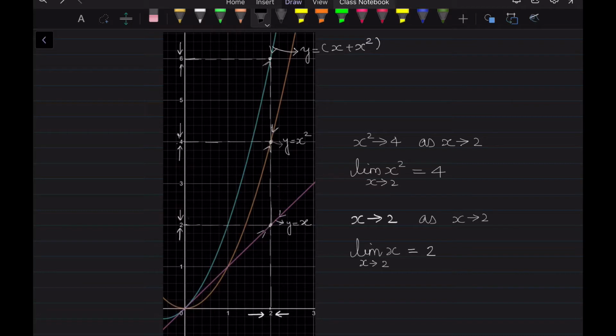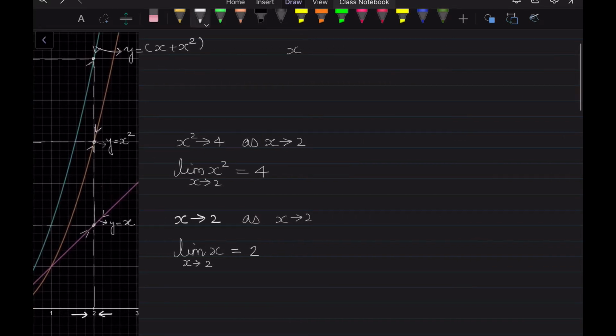Now let's see the limit of the function x plus x square as x approaches 2. So as x approaches 2, the values of this function x plus x square approach the number 6. So we can write this as x plus x square approaches 6 as x approaches 2. So what do we observe here? See, as x approaches 2 and x square approaches 4, their sum, which is x plus x square, which is right here, approaches the sum of 2 and 4, which is 6. So I can write this as